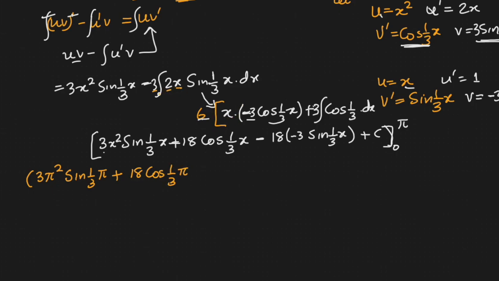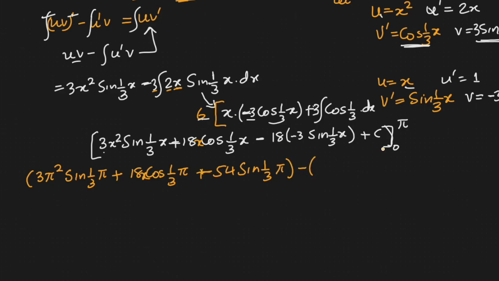No, it is x also. I forgot to write x. Okay, cos 1 over 3 pi minus this 18. This also has an x. Did I make a mistake somewhere? Okay, this one is same thing. Okay, yeah, it has to be 18x. Okay, minus this is 54 plus 54. Yeah, minus 18 times minus 3 sine 1 over 3 pi